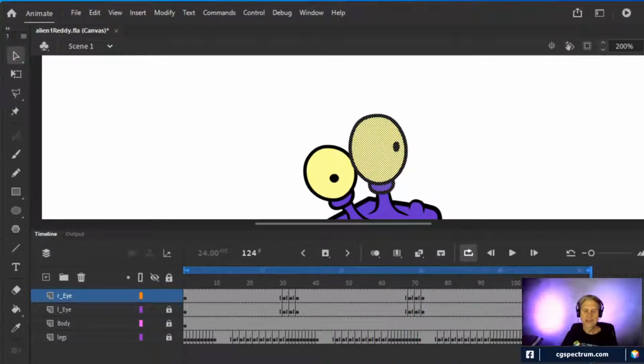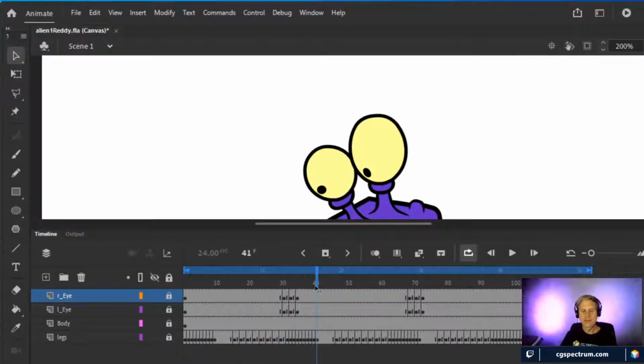It's a cycle, so it has to end on the exact same frame that it started. So that's really important with these guys. They were cycles. They had to repeat over and over. So whenever you do a cycle, the first frame and the last frame have to be exactly the same. If you're doing something like a walk, then the middle frame also has to be exactly the same, but flipped. And that's how you get the idea that the legs are moving forward and they're switching places like so. With this, I didn't have to worry about that. It's just one extended cycle that repeats over and over.